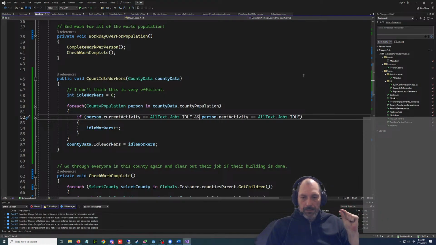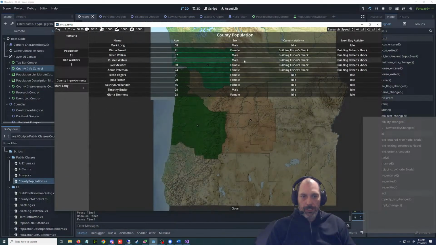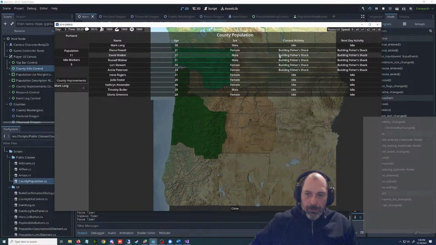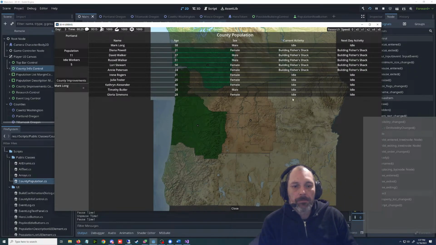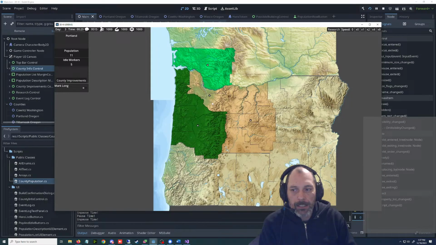So are they considered, no, wait. Is this working right? This is working. They both have to be here. Both of these have to be considered for them to be considered idle. So that did work, I think.